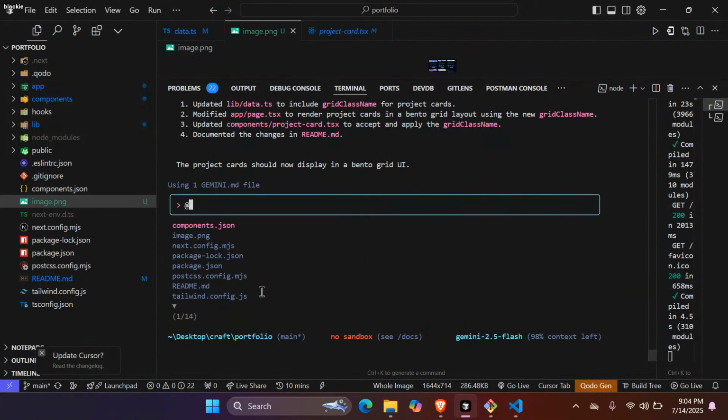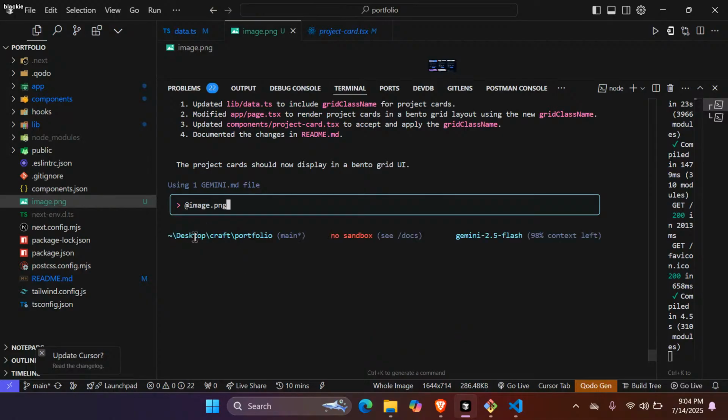Let's say: this is the output of the change you have made.